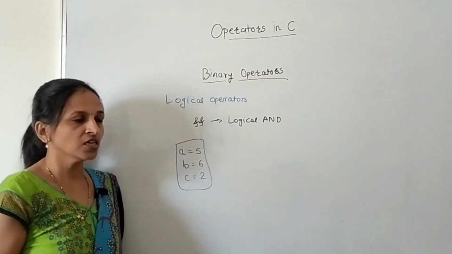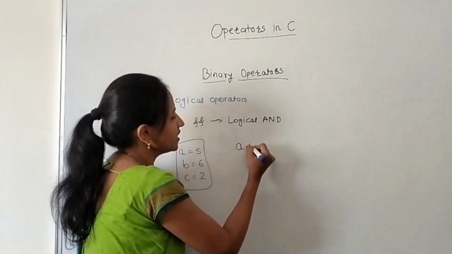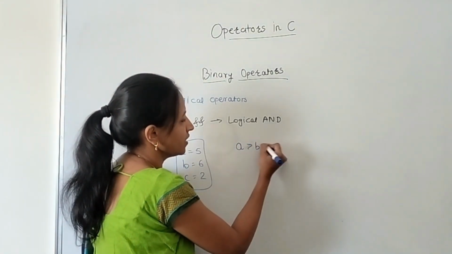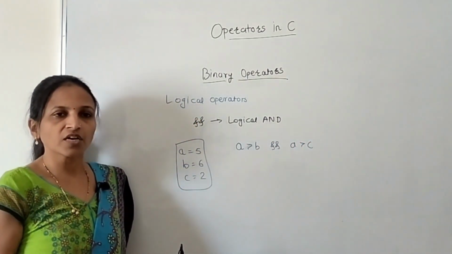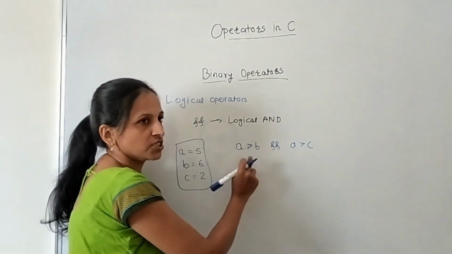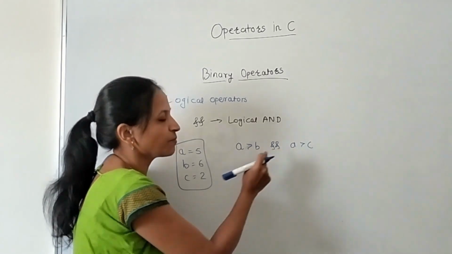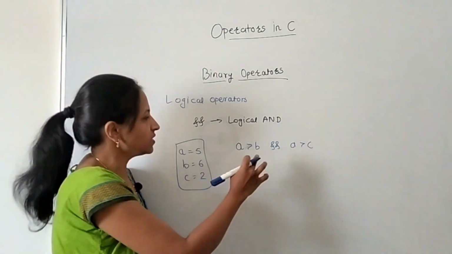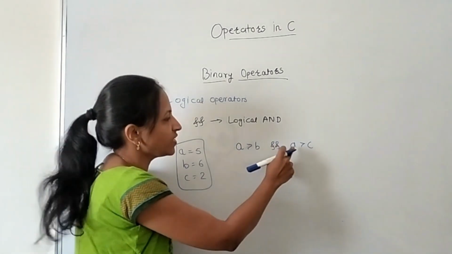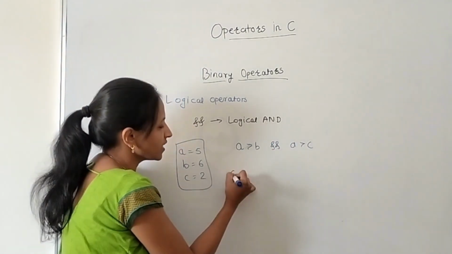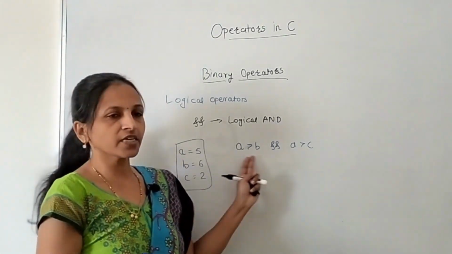See, we can check like this. We will check if A is greater than B as well as A is greater than C. Means I will check both the conditions. If both are true, then only we can say that A is maximum. Here A will be compared with B as well as C. We cannot write A is greater than B greater than C in that way, no. We have to check in this way.